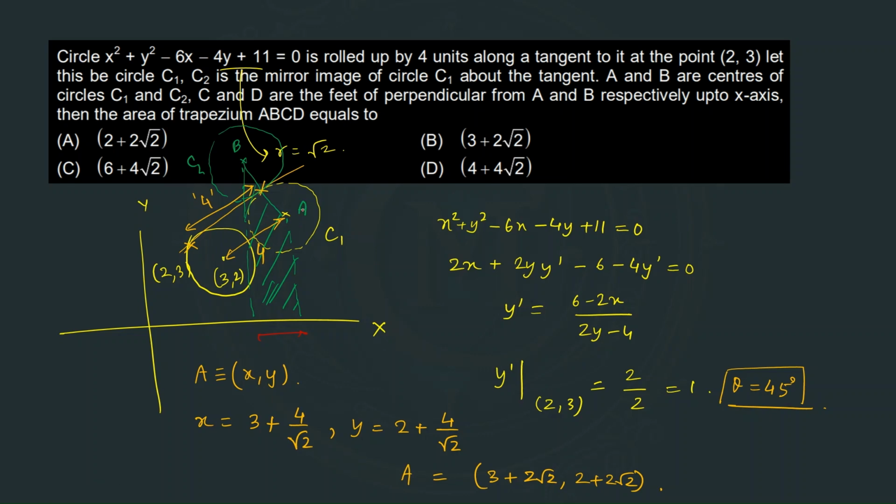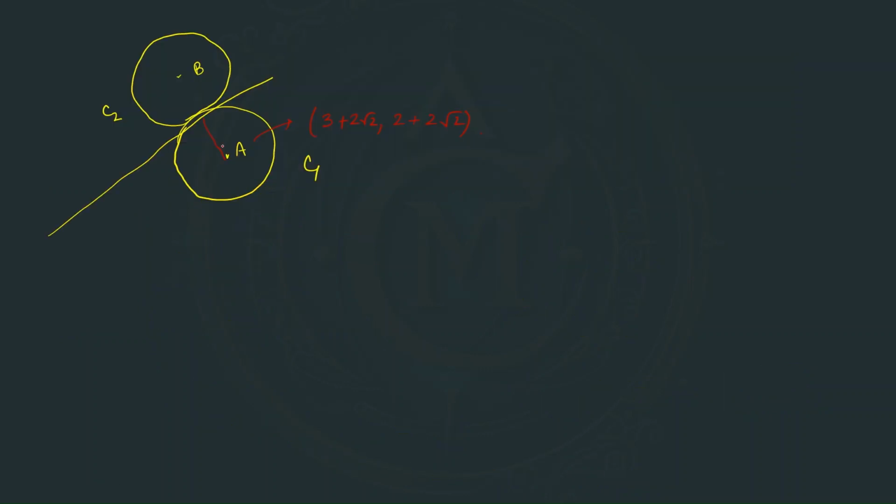That means this distance is nothing but root 2. So according to the property of mirror images, this distance will also be root 2. And we know that if we draw a perpendicular from B point as well as A point on the x-axis,